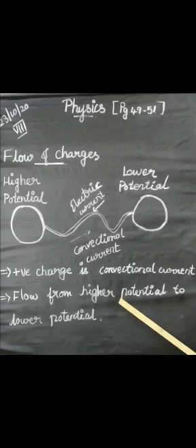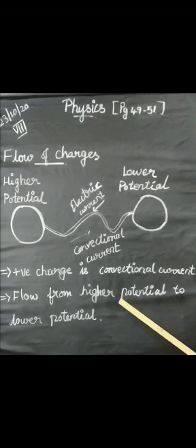Here the positively charged sphere is said to be at the higher potential, and the negatively charged sphere is at the lower potential. The electron flow from the lower potential to the higher potential is known as the electric current. So that is the flow of electrons. The difference between these two potentials is known as potential difference, otherwise commonly known as voltage.